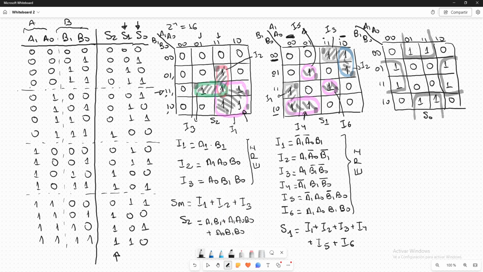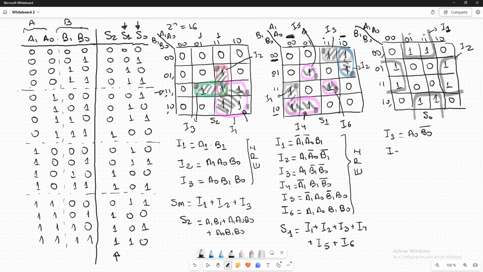So this can be implicand 1, and this can be implicand 2. We translate them into product terms. Implicand 1 is A0 non-negated, B0 negated,